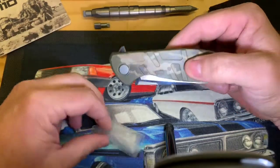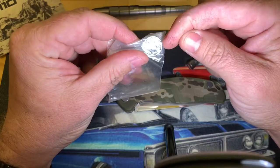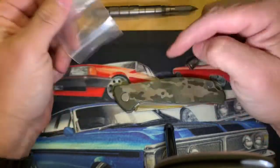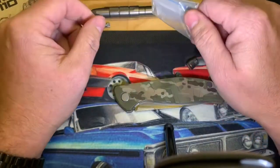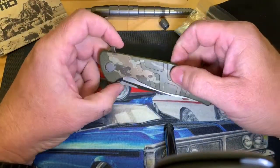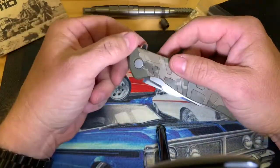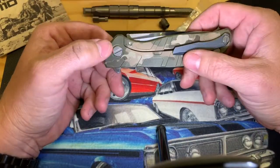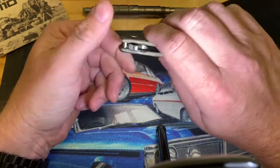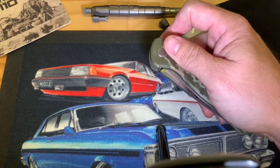Now, these knives, when you buy them new, they have a multi-row roller ball bearing system, as you can see here. And the reason that my multi-row ball bearing system is in this bag and not in the knife is that I had a good friend of mine, Tim, up in Sydney, I believe, who's a bit of a Shiro sort of expert. I had him upgrade it to the custom division. Shirogorovs actually have a roller system on their inside here, and we've upgraded that to a roller. The action on these are just absolutely unreal, bearing in mind that I'm trying to do this on camera, but